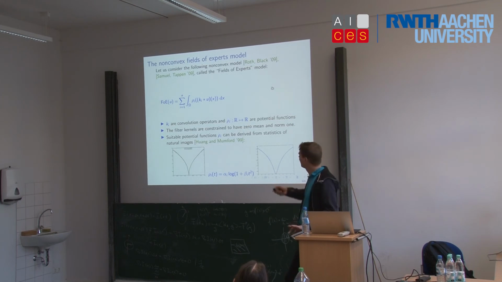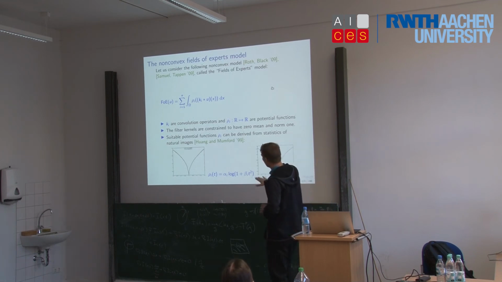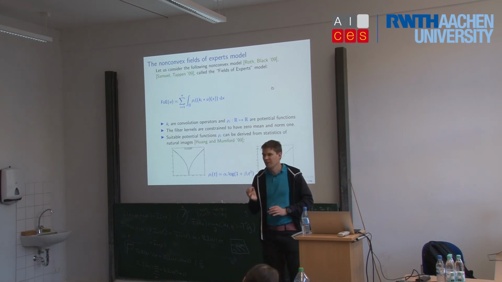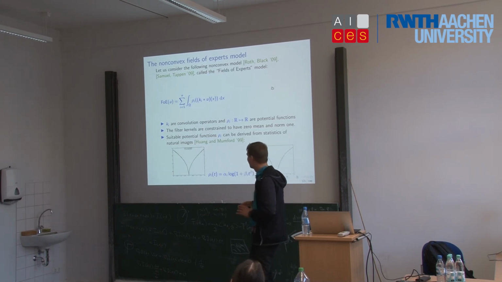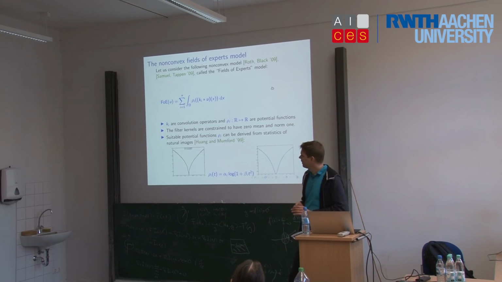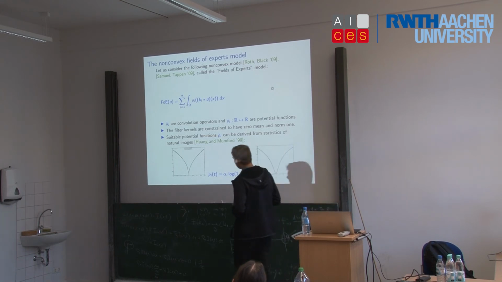So for the first experiment, we ask what is a good model for these functions. There's also a paper of Mumford and Huang who showed that there's a universal law for the probability density function when you apply a zero mean linear filter to images. Whenever you take a zero mean linear filter, apply it to images, and compute its probability density function,